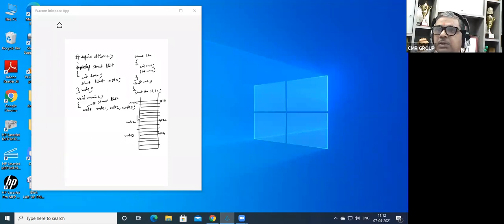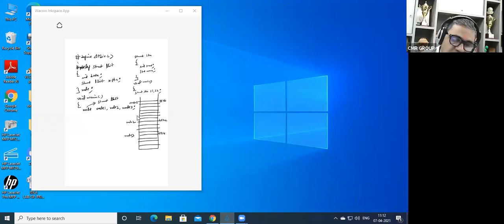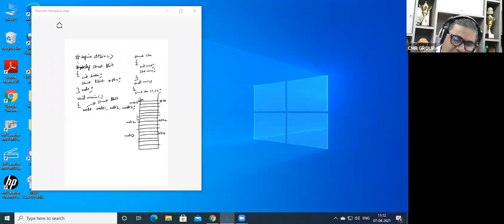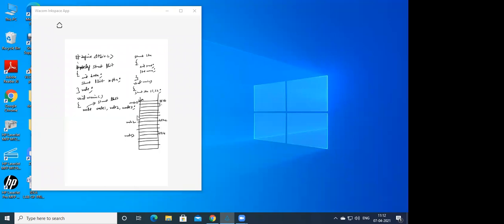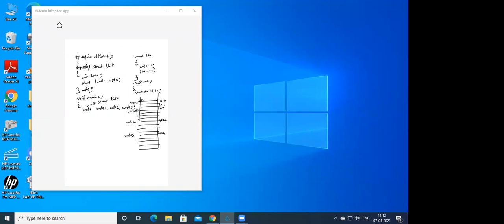Now tell me, what is node1 going to contain? What are the parts of node1? What are the members of this node1? Data, which is of integer type, and a pointer. So data will take two bytes. So node1.data, and after 2 bytes, at 3818 onwards, node1.ptr. Node1.ptr is going to take how many bytes? For example, assume 2 bytes.